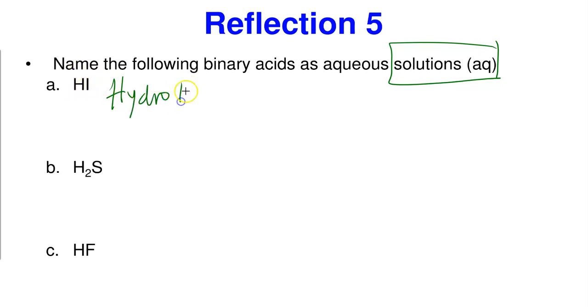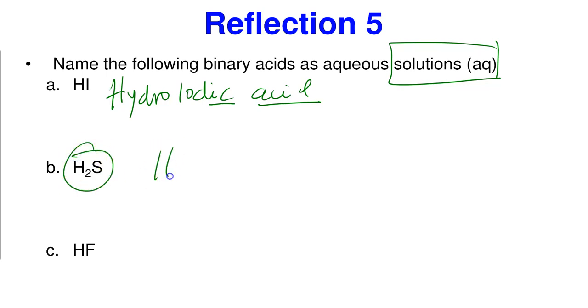Hydro, you put iodine, but this time you say iodic. Hydroiodic acid. So what you're changing is the IC here and the acid you're adding. This one becomes hydro-sulfuric, sulfur. This is sulfur, so you say hydrosulfuric acid. HF, this one becomes